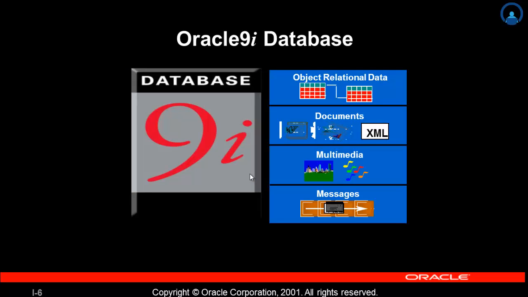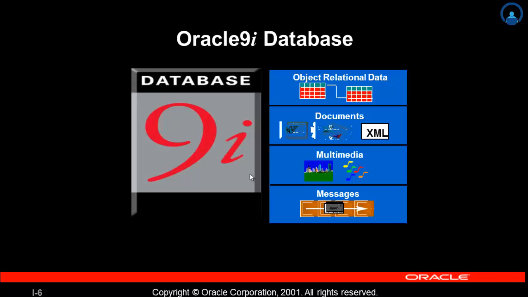We come to Oracle 9i Database. The role of the two products are very straightforward. Oracle 9i Database manages all your data. This is not just the object relational data that you expect an enterprise database to manage. It can also be unstructured data like spreadsheets, Word documents, PowerPoint presentations, XML, multimedia data types like MP3, graphics, videos, and more. The data does not even have to be in the database.